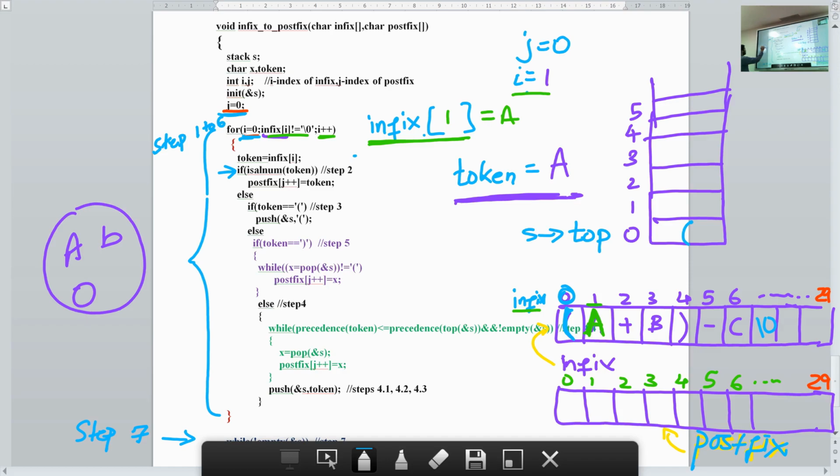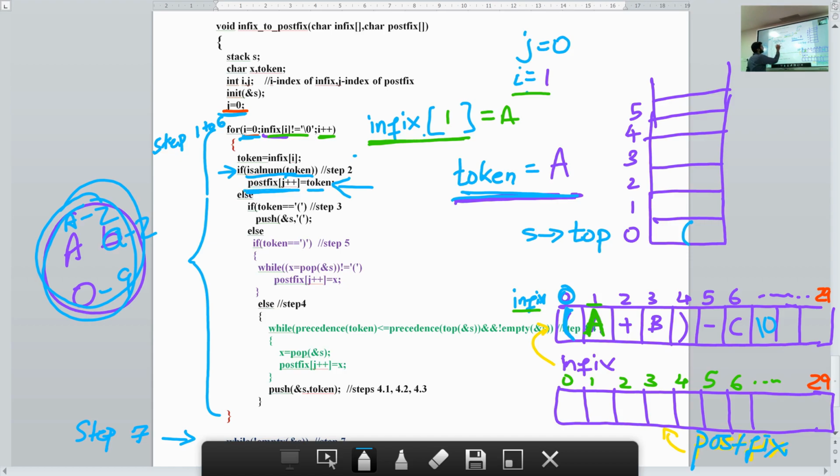Once we do that step, next we check if the token is alphanumeric. Is it any of these? Capital letter, small letter? Now this stands for capital A to Z. Okay, not just A. This stands for capital A to Z, and small a to z. These are all the numbers from 0 to 9. So is your token alphanumeric, capital A to Z, small a to z, or a number? Yes, it is alphanumeric. It is true. So we execute this line.